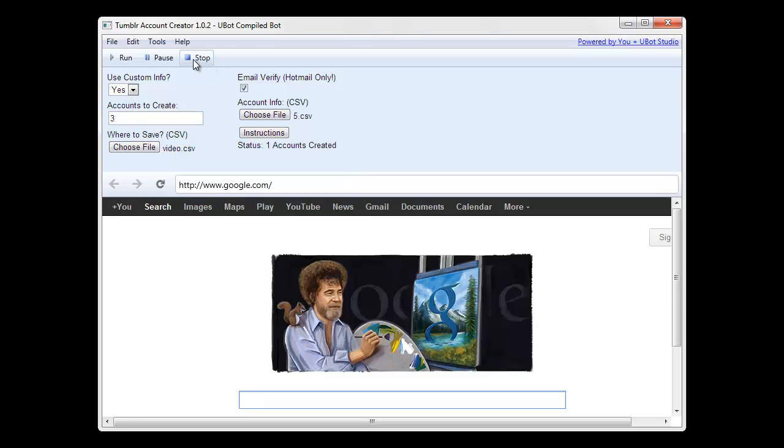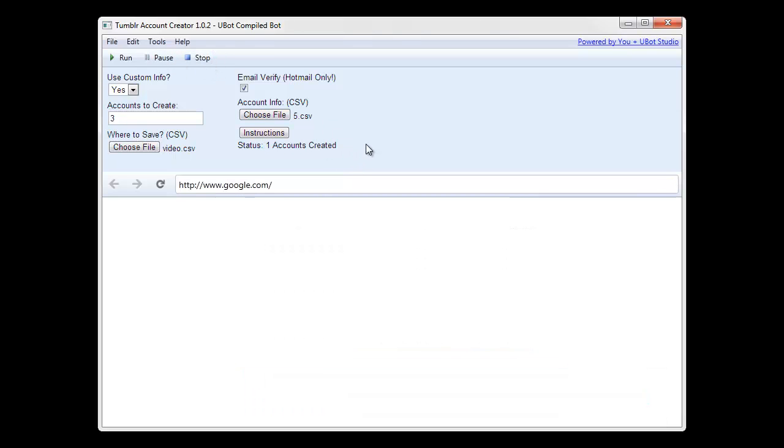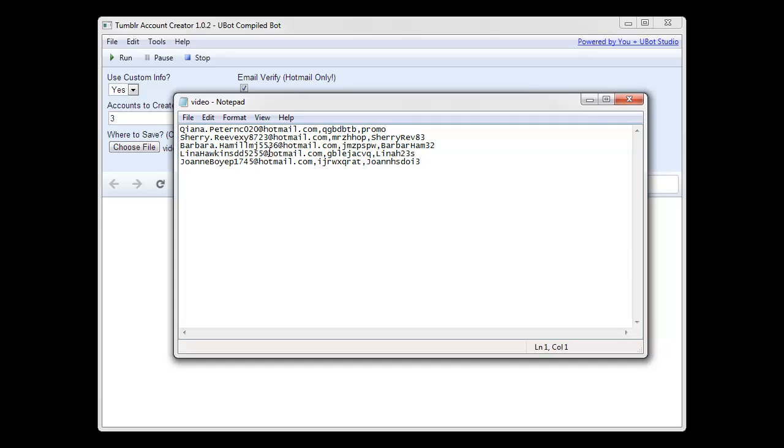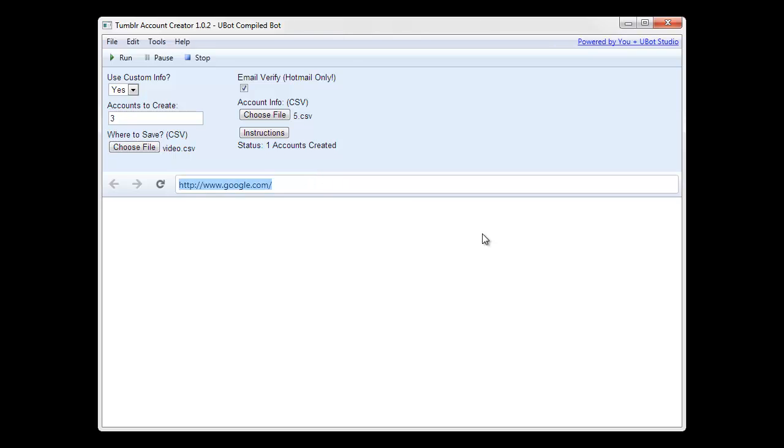And so I'm going to pause it there and go find that info. Actually, we have it right here. So this should be the account that it created. Because remember, it skipped this first one because of this. It's going to skip that whole line when something goes wrong. Like if the email's been used or the username's been used, it's just going to go to the next one. So let's choose the second one here, go back to Tumblr,